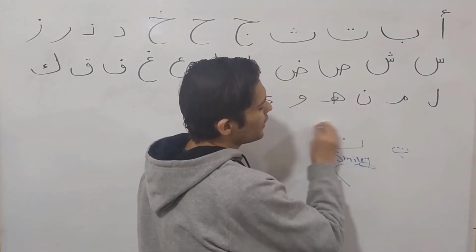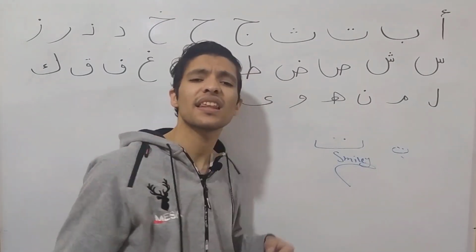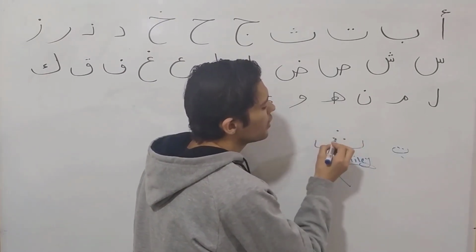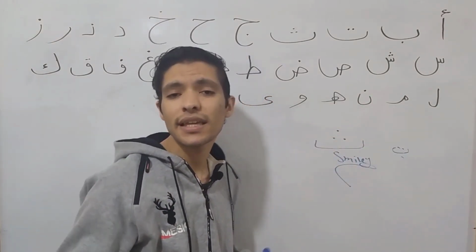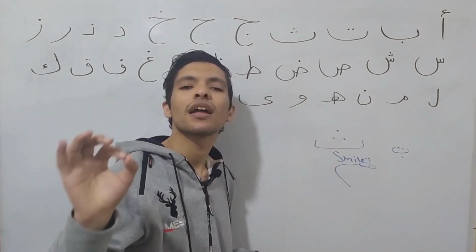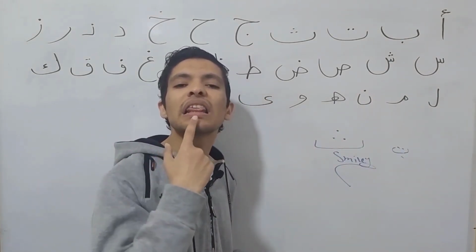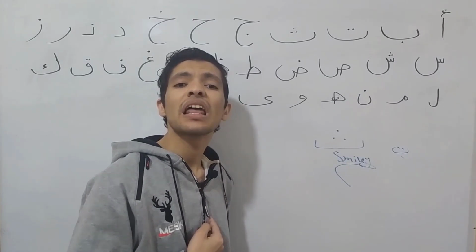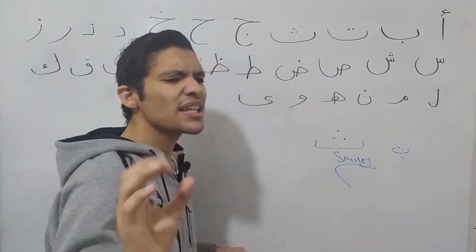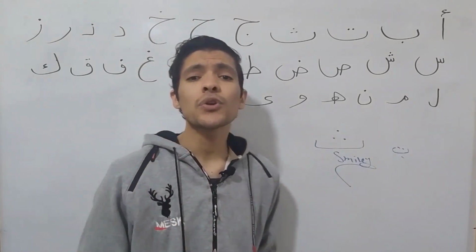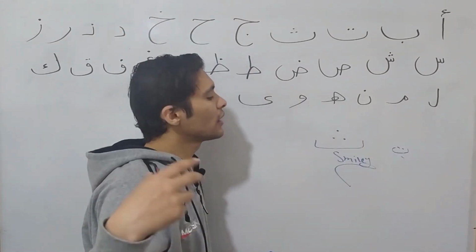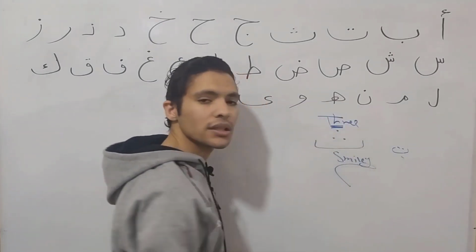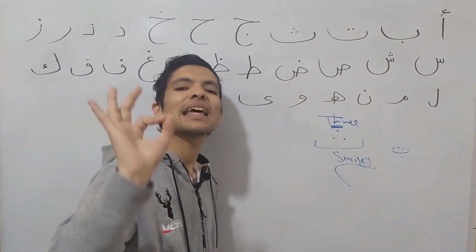Three dots. You can imagine it, like when you say three. So if you have three dots, we say th. And yes, you have to make sure that you put your tongue in front of your mouth, just like when you say mouth in English, just like when you say thank you. So remember this. Three dots now, it's th.